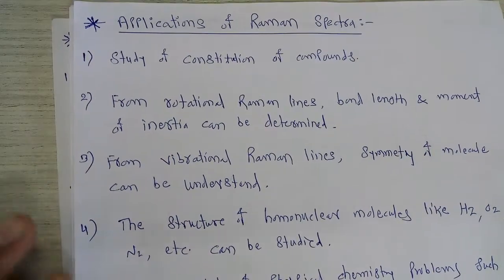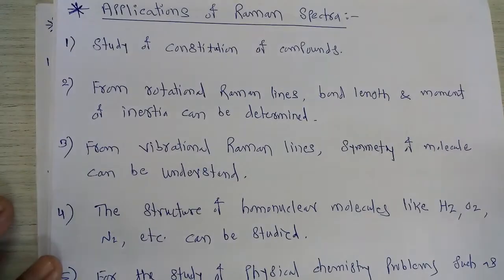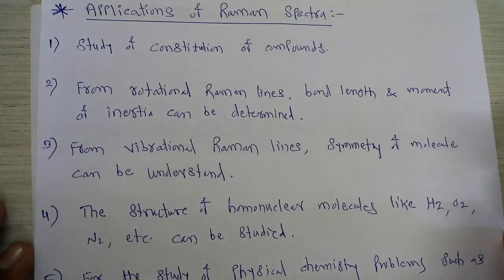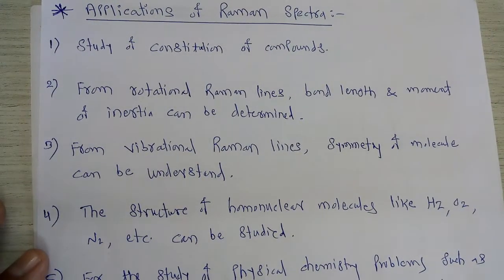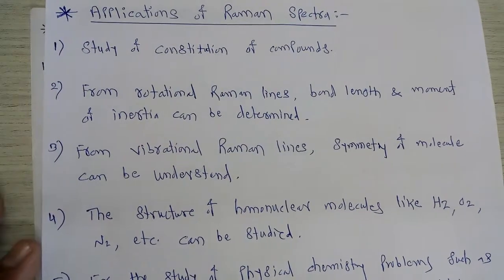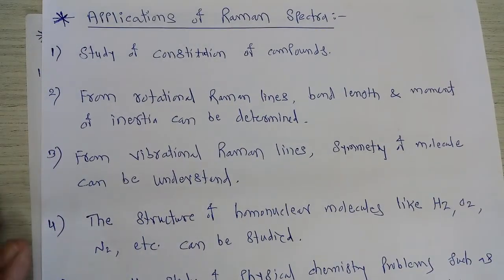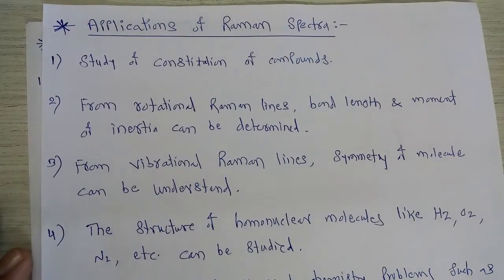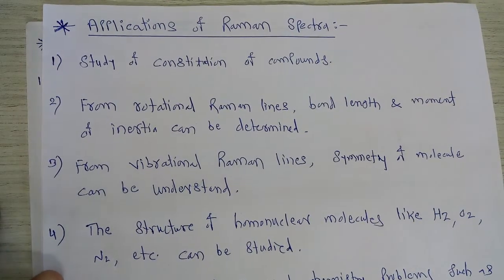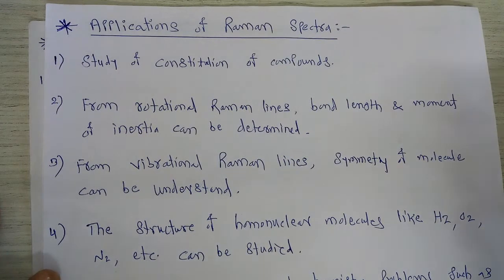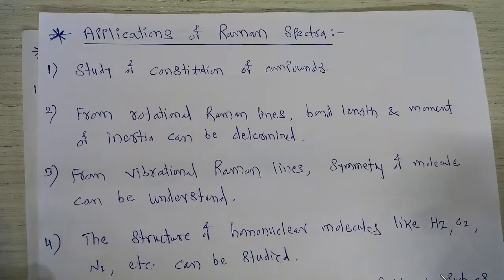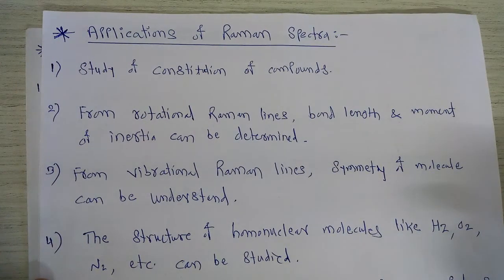Now the remaining points from this chapter are some numericals, how to solve numericals based upon the various equations which we have come across up to this lecture. Those numericals we will take in the next lecture. After that, this is the conclusion of this chapter. So we take some selective numericals on different equations, and after that is the conclusion of this particular chapter. Those numericals we will take in the next lecture.